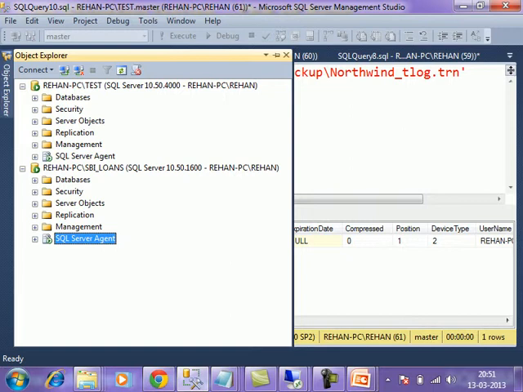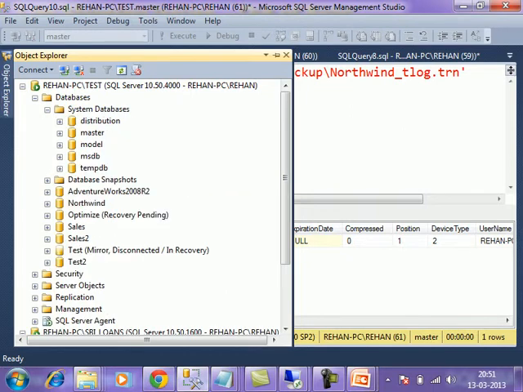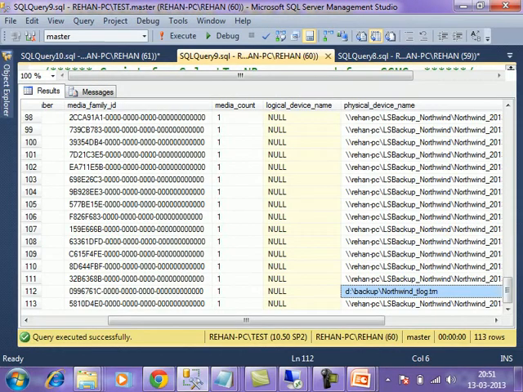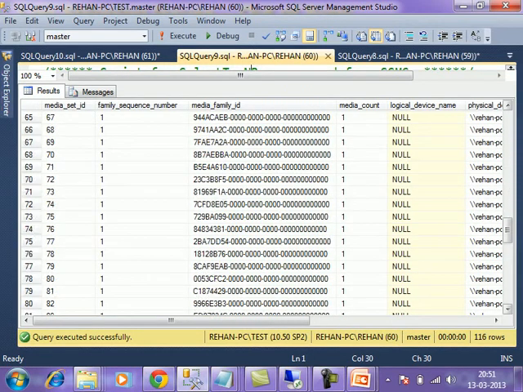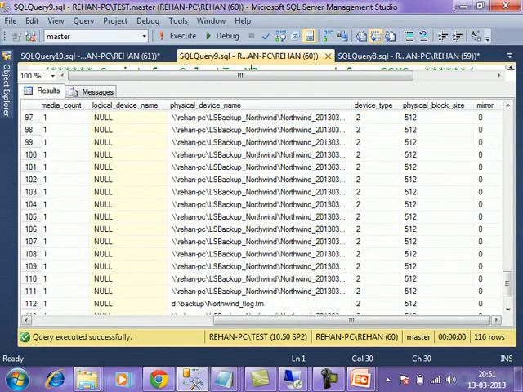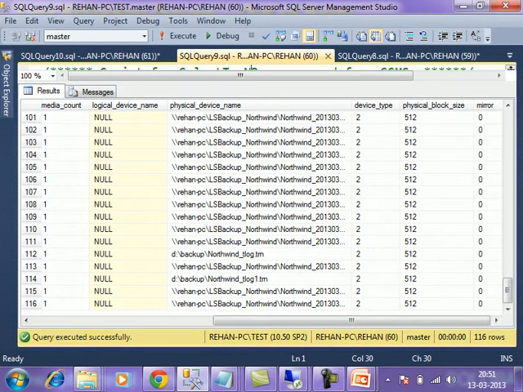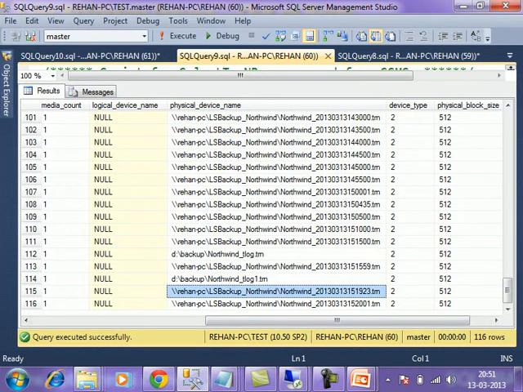Now, immediately I will go to see primary server. I will check here, same table, I think. We have seen this table, backup media family table of MSDB database. You check here. Before this 23.trn, one log backup is there.